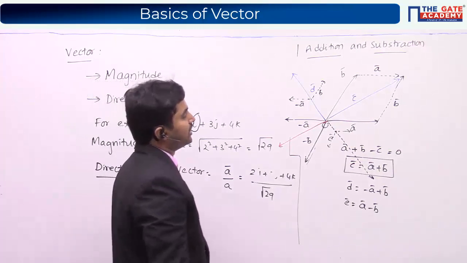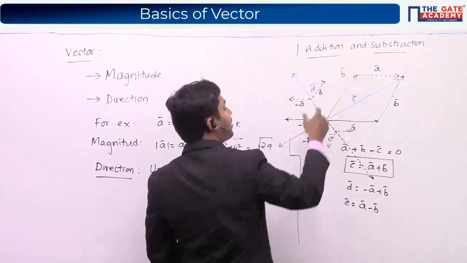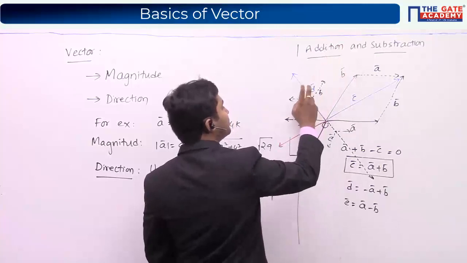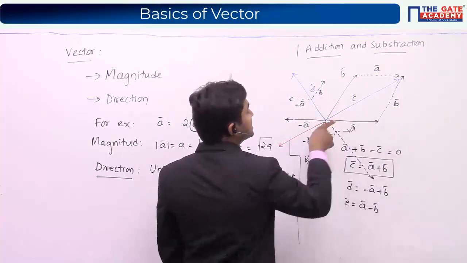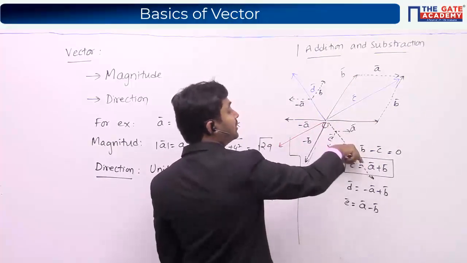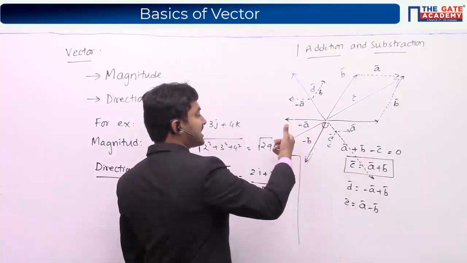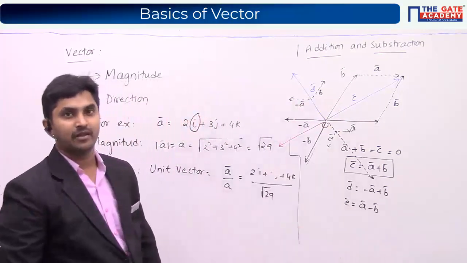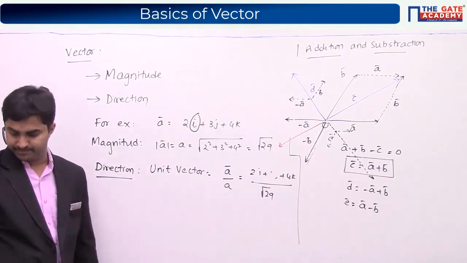And with the same logic, I can draw one more vector which is formed by the vector addition of minus A bar and B bar, which is D bar. A vector formed by the vector addition of minus B bar and A bar. Just like the way C bar is formed by A bar plus B bar, similarly E bar is formed by addition of A bar and minus B bar. And there is a vector, let us say F bar, which is formed by the vector addition of minus A bar and minus B bar. Okay, a very simple concept of vector addition.